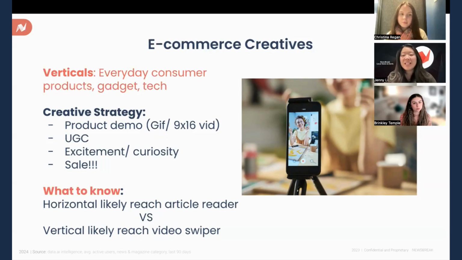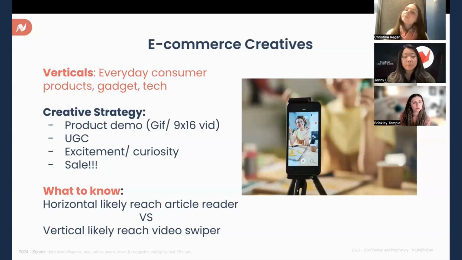Our platform is, like Brinkley mentioned, majority skewed slightly female and 45 plus. They most likely have kids, have a home, have a car. So there's a lot of cool gadgets that they might need and be interested in. And they are also very impulsive shoppers, which means that by saying flash sale on your website and saying flash sales ending in like 2 days or in a few hours, or grouping certain products into a bundle and having a cheaper price when you buy it in a bundle, those tend to be really good strategies to run on